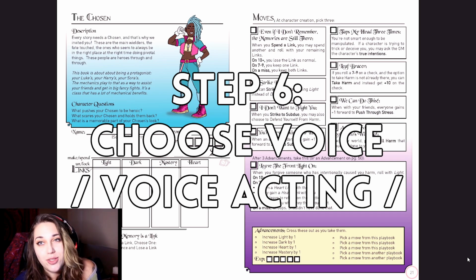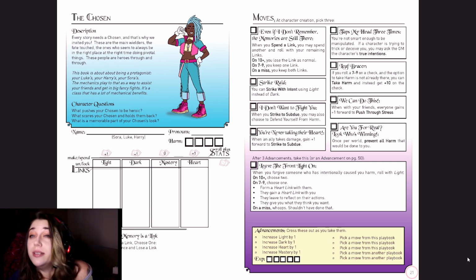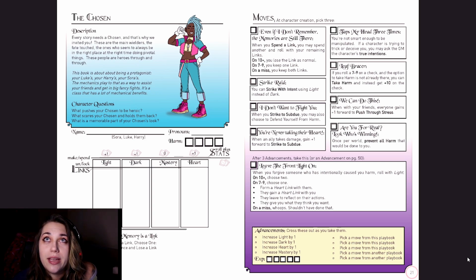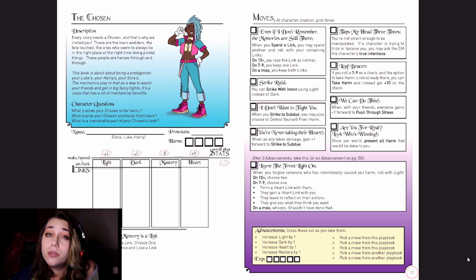Step 6, choose the voice. Now, from playing D&D, and I know a lot of people have played D&D, it's probably the gateway drug of many tabletop RPGs for many people. Not all, but many. A lot of people say your first character will be a lot like you. It'll be just you in a fantasy manner. Maybe it doesn't look like you, maybe it doesn't have the same backstory as you do, but you'll probably play the character as you are now, like what decisions you would actually make. And that's totally fine. Get used to it, get comfortable with the game, get comfortable with role-playing if you haven't done it before. But if you're a little more of a seasoned player,